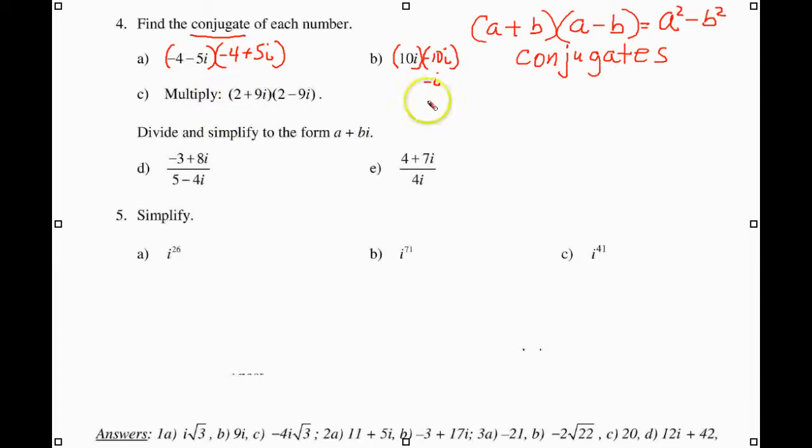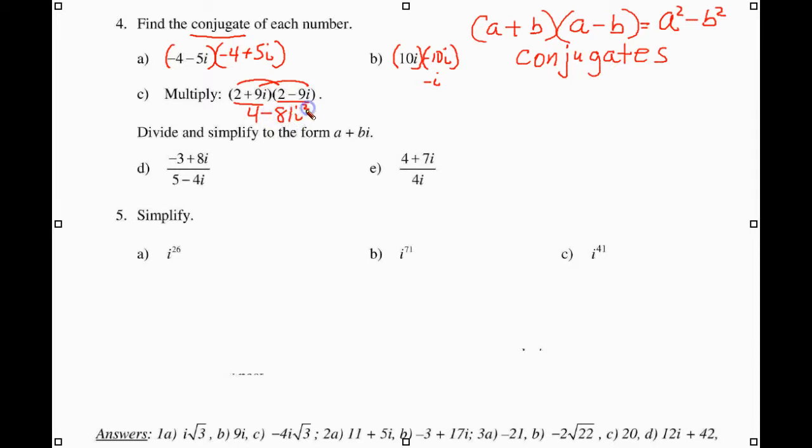Okay, so now what they want us to do is to multiply conjugates. Well, keep in mind, if they are conjugates, there is no middle term. So you don't have to multiply the inners and the outers. They're going to cancel out. So this is just the first, which is a 4, and the last, which is a